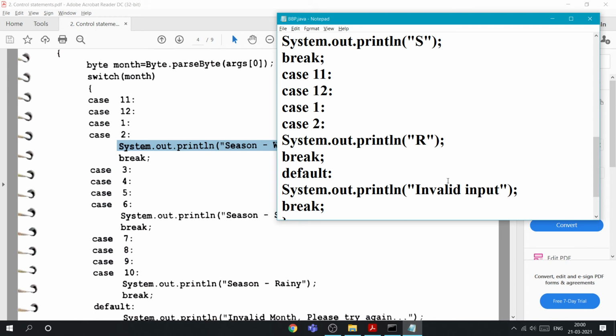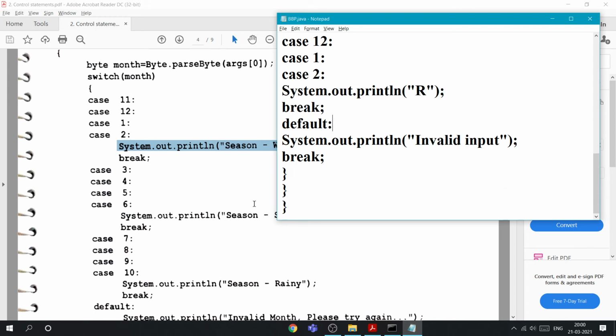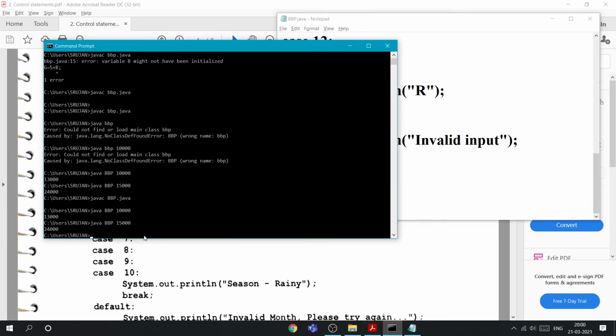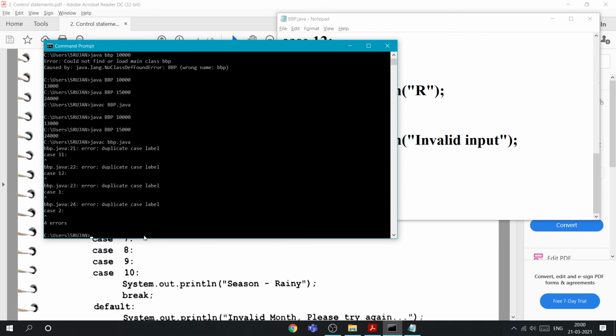Okay, just save this and try to run it. Yeah, it's okay. There is an error of case: duplicate case name.